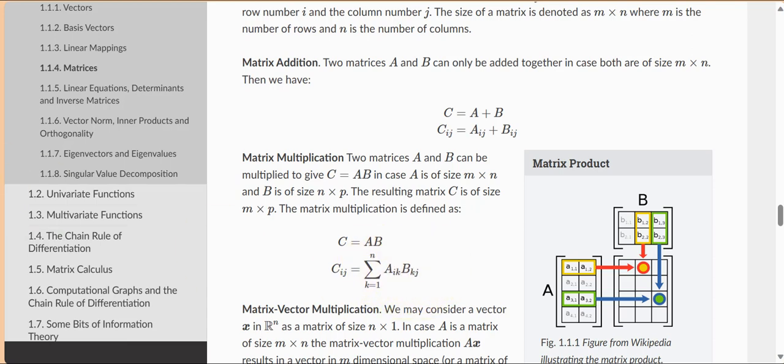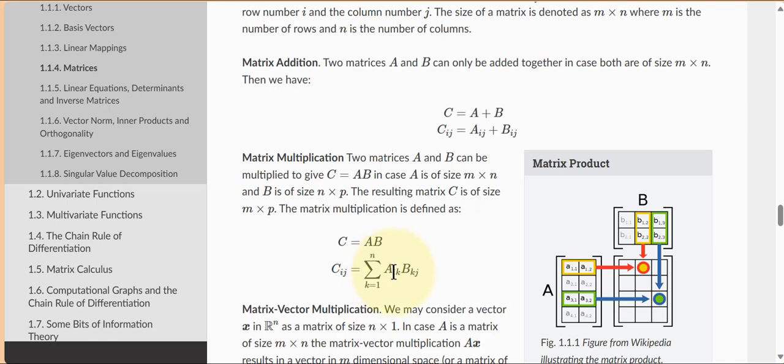So which elements? Here we can see we're summing over k, so k becomes 1 in both places. And then we take the i and the j. If we want to get the Cij, we know what i will be and what j will be because we're talking about getting the Cij element. So that's fixed. And then we put in k equals 1. This gives us a result. And then we put in k equals 2. That gives us a different result. This is, by the way,